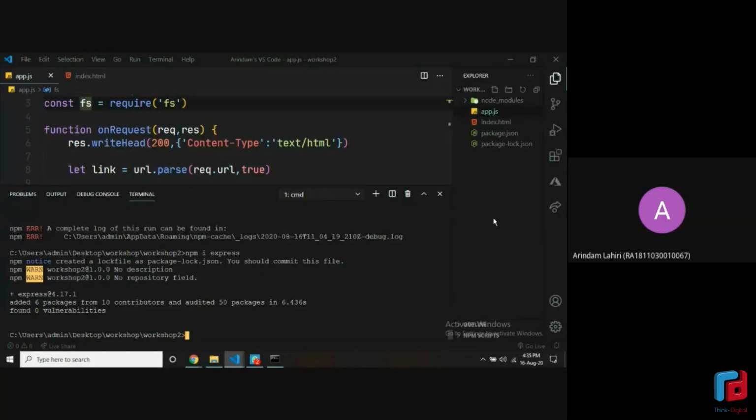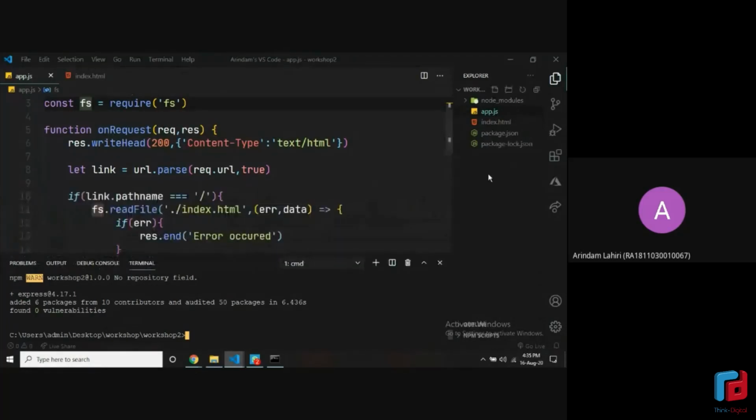So once you install Express, you'll see two new things in your folder structure. One is package-lock.json and the other one is node_modules. In very, very brief terms, I'll explain what these are. Package-lock.json just keeps track of whatever you're installing, so it won't change it. For example, if Express gets updated tomorrow and one function that we write gets outdated, it won't stop our app from running because it will be fixed to that particular version only. And node_modules is very similar to your Program Files in Windows. So whatever you install here with npm install, it gets saved in the node_modules folder. So that's all you need to know.